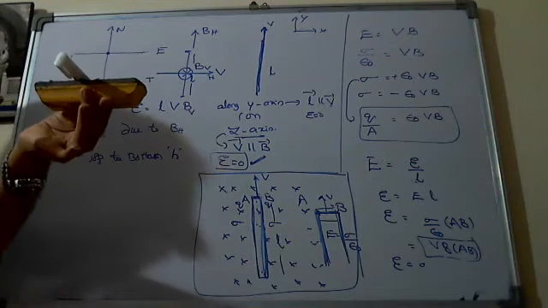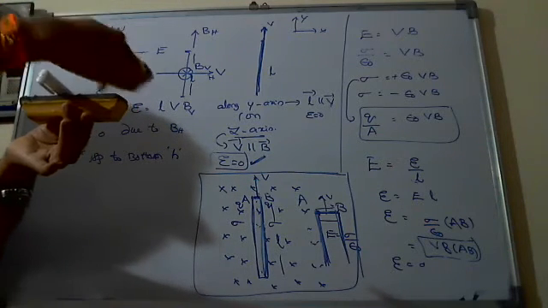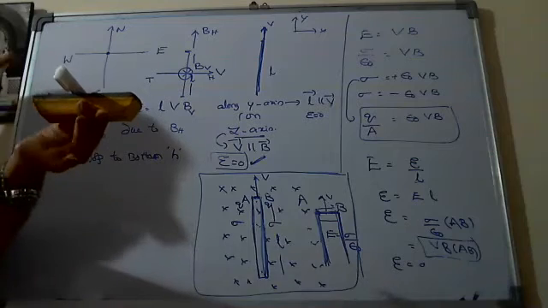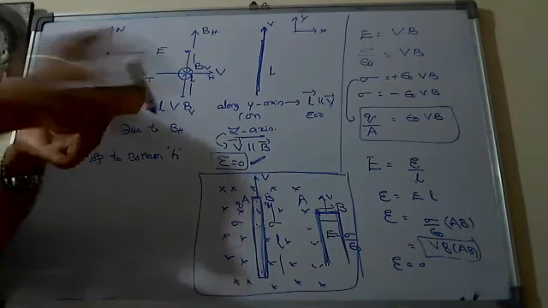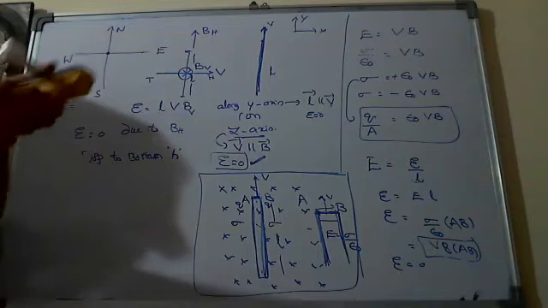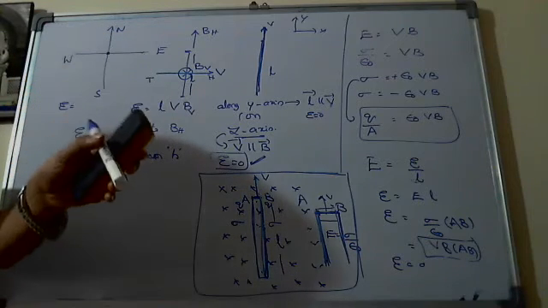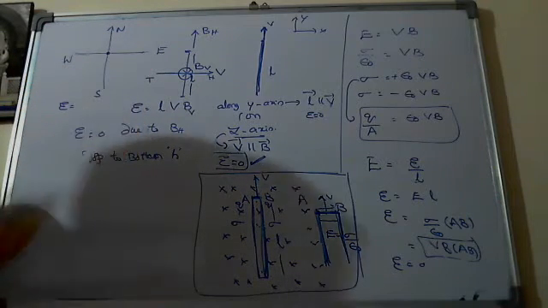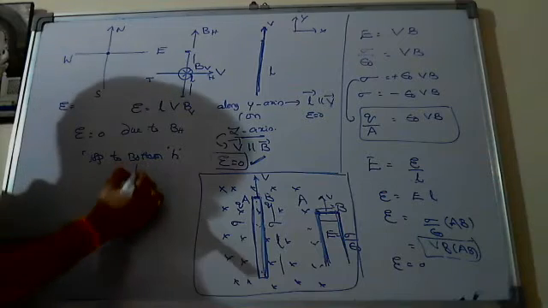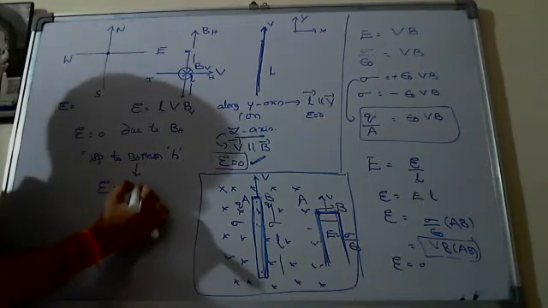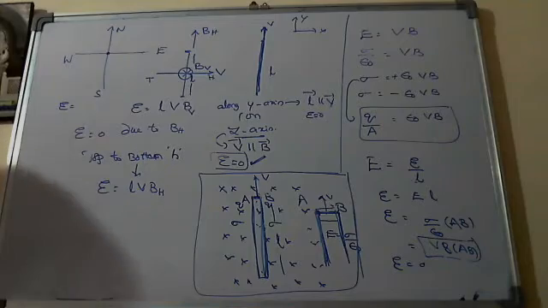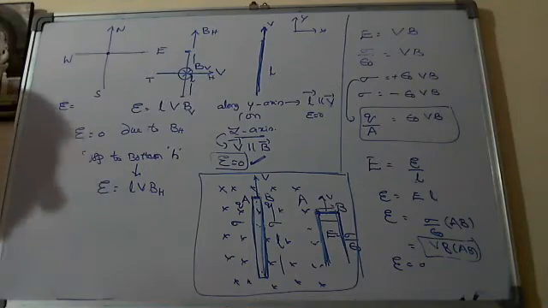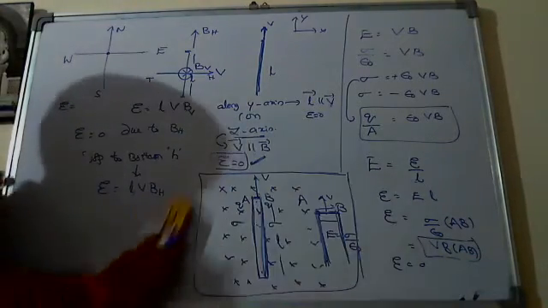Now, if you see the velocity of the aeroplane, north-south BH, and top to bottom the width, all three are mutually perpendicular to each other. All three are mutually perpendicular to each other in this case. Then we have to take between top and bottom EMF is equal to LVBH. Take care while solving the questions. Okay, right. This is one model here.